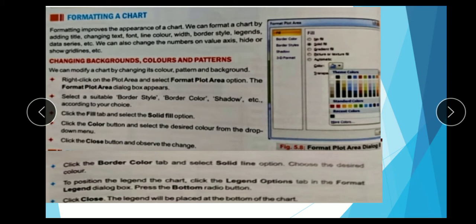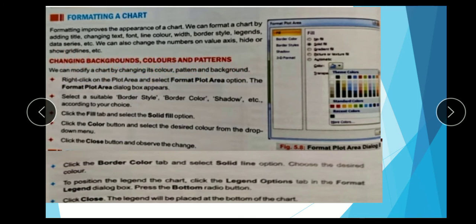Through formatting a chart, we can also change the number on the value axis, hide or show grid lines. We can format a chart by adding a title, changing text, font, color, size. It's also changing background, color and pattern.